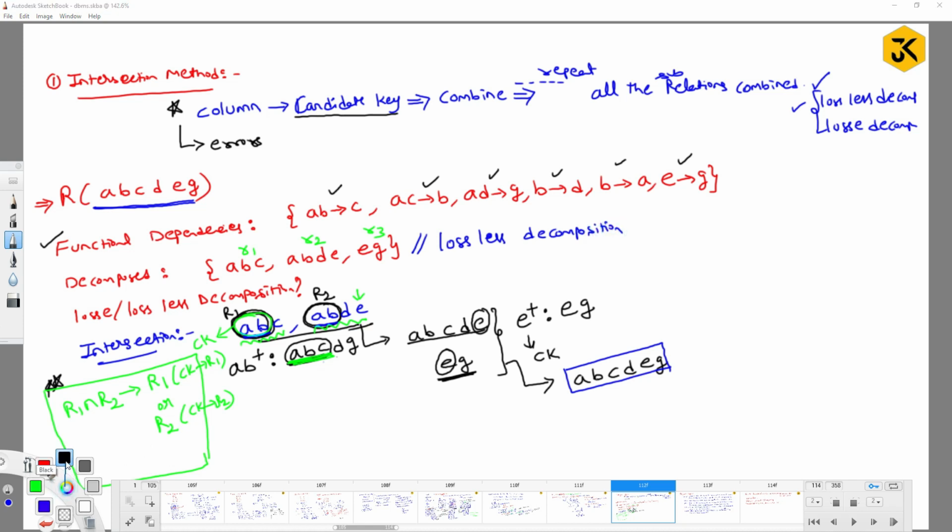But the thing is, guys, if at any particular moment you make any mistake, that may lead to errors. To overcome this drawback, we are moving to one more kind of method, that is the tabular method. This method is somewhat lengthy, but it definitely eradicates the errors. That we'll see in the